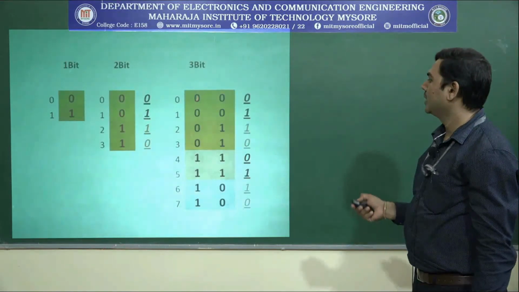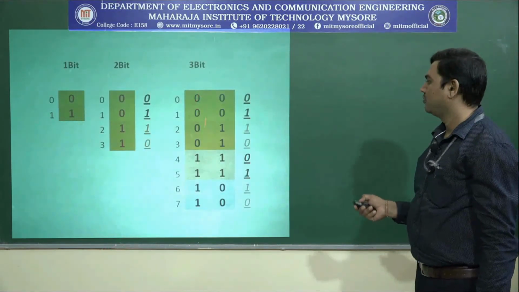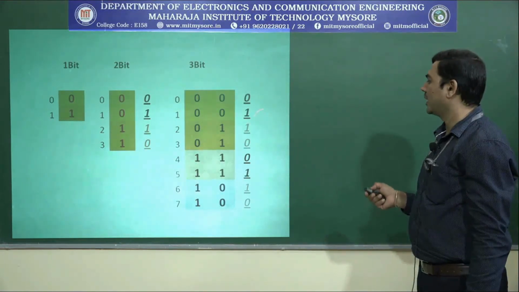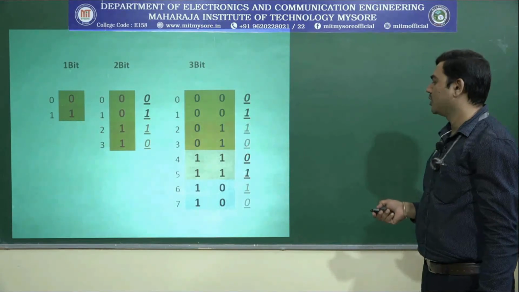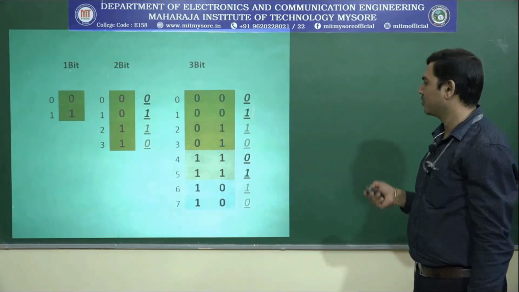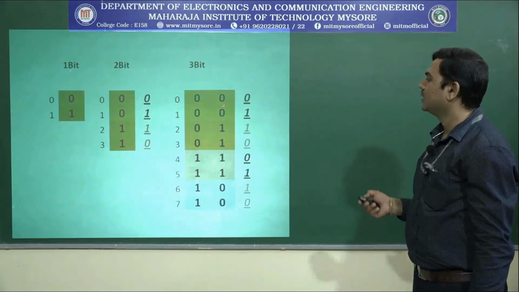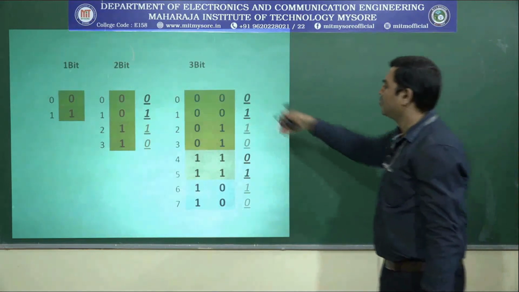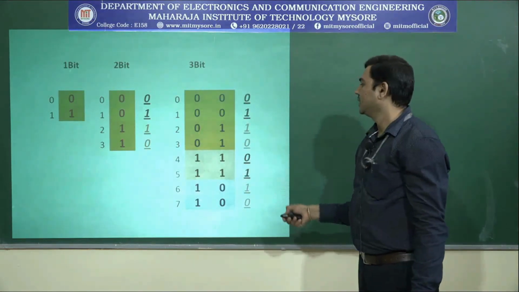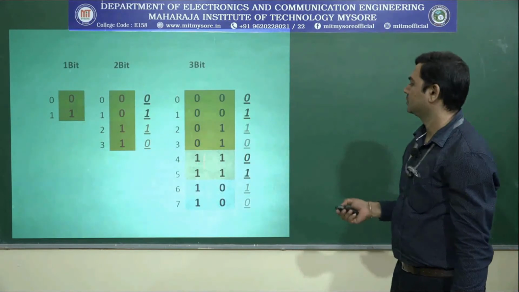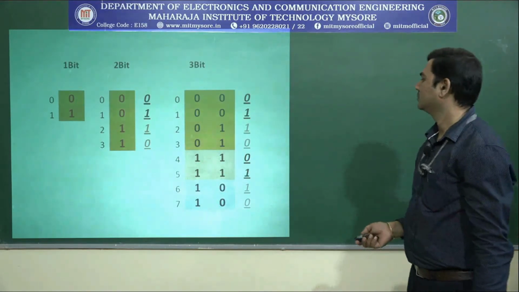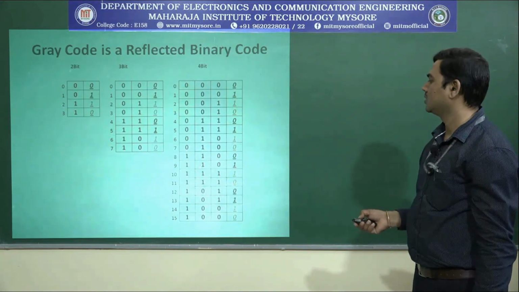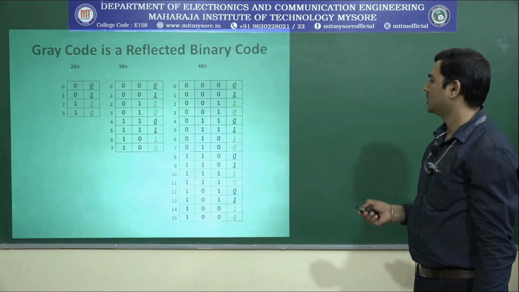MSB should be halfway toggle. First half it will be 0, the next half it will be 1. LSB will be 0 1, its mirror 1 0, its mirror 0 1, its mirror 1 0. In this way, you are going to fill up the LSB and the MSB. The n minus 2 bits between MSB and LSB, if you fold this, it will be the mirror image of this one. 1 0 will overlap over 1 0, like that.